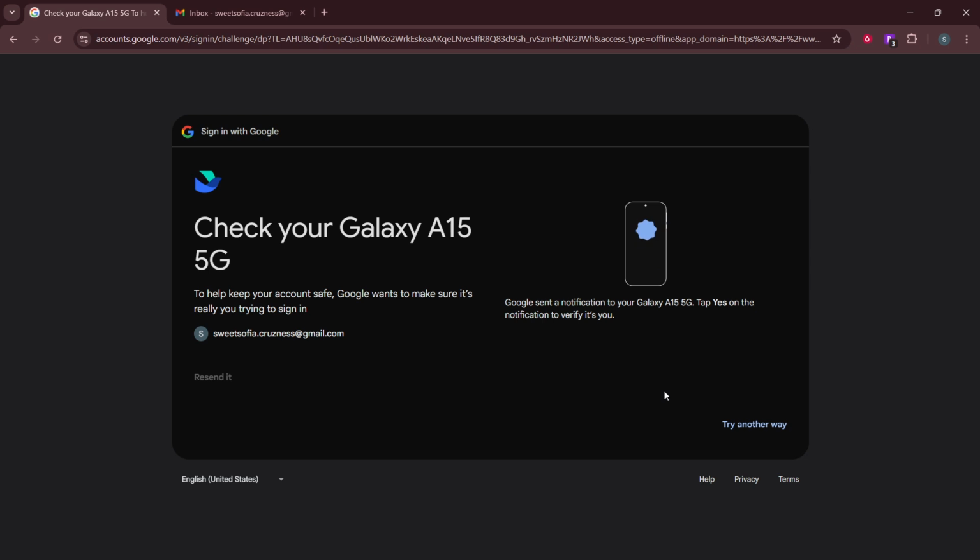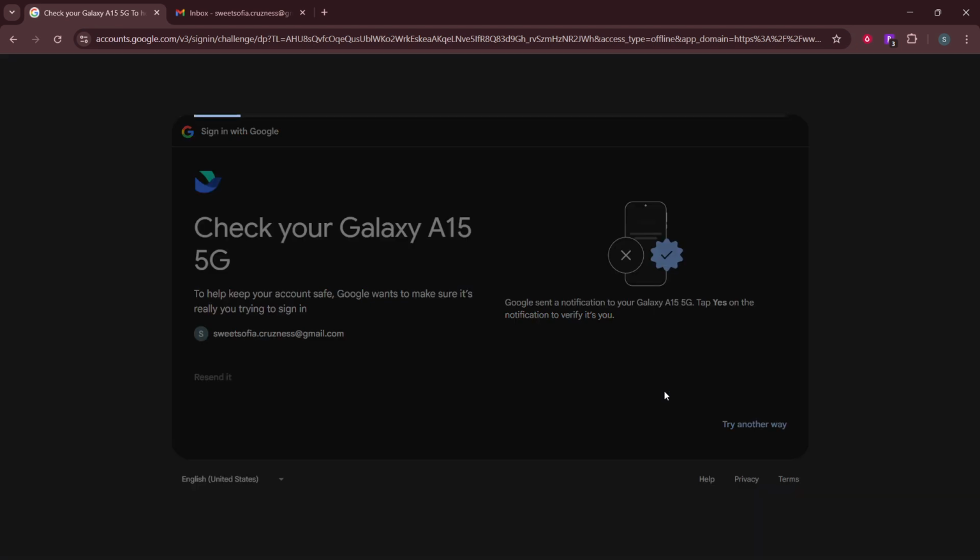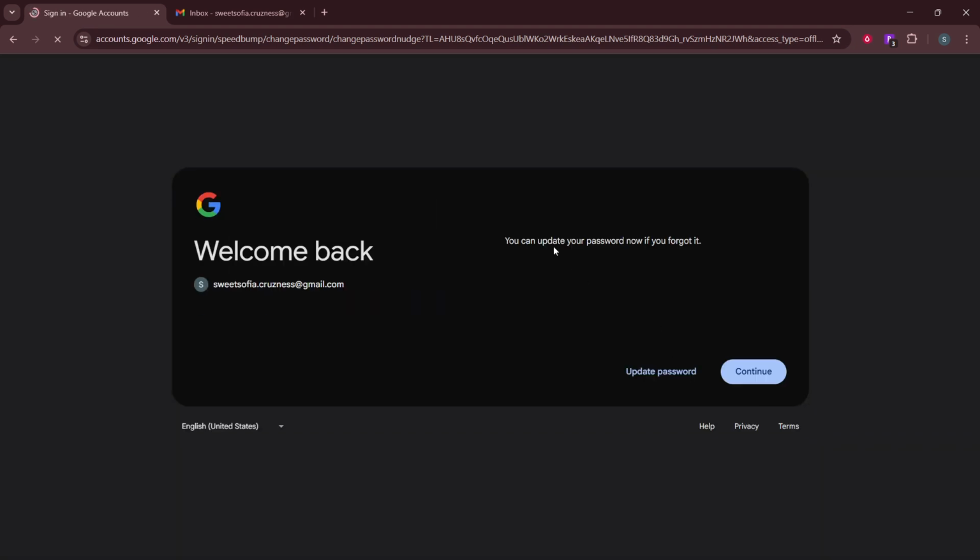Lark will send you a verification by email or SMS, depending on what you entered. Give it a moment to arrive. Open your email inbox or your text messages and look for the Lark message. If you don't see it right away, refresh your inbox, check your spam or junk folder, and make sure your